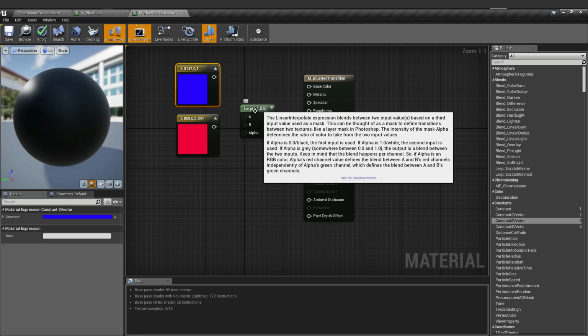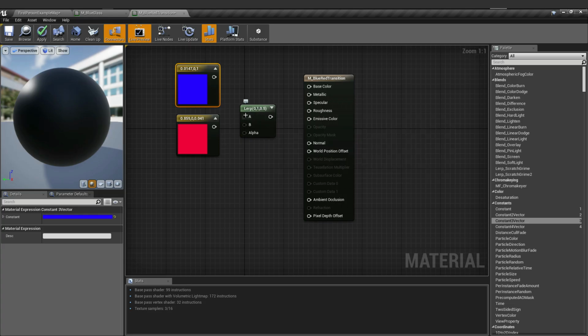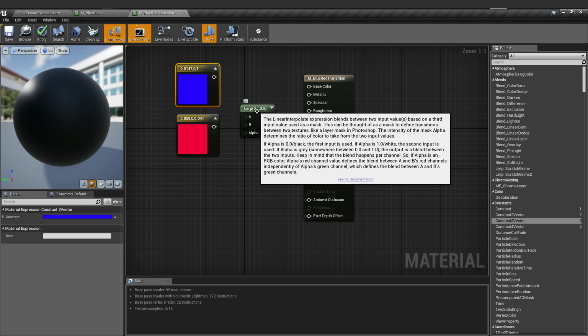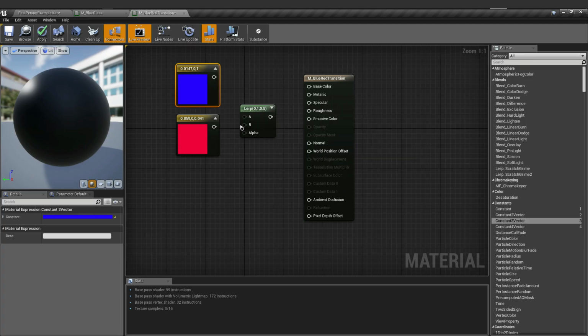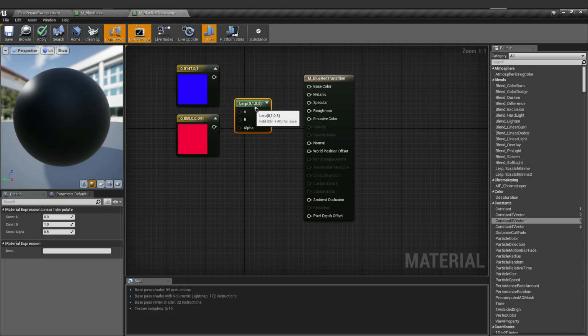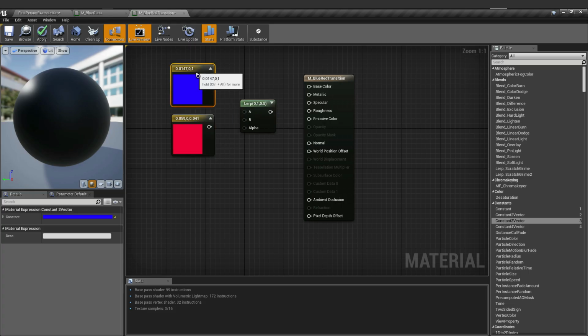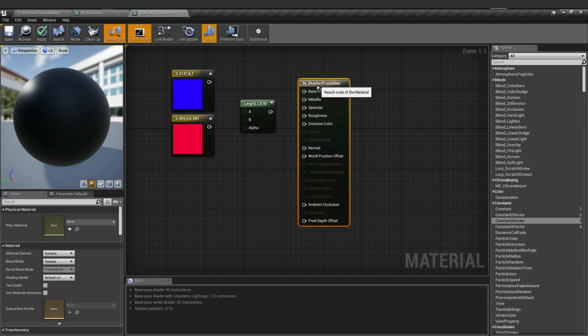When we say linear interpolate, it blends two input values based on a third input value used as a mask. So we're going to blend blue and red as the color of our material using linear interpolate.